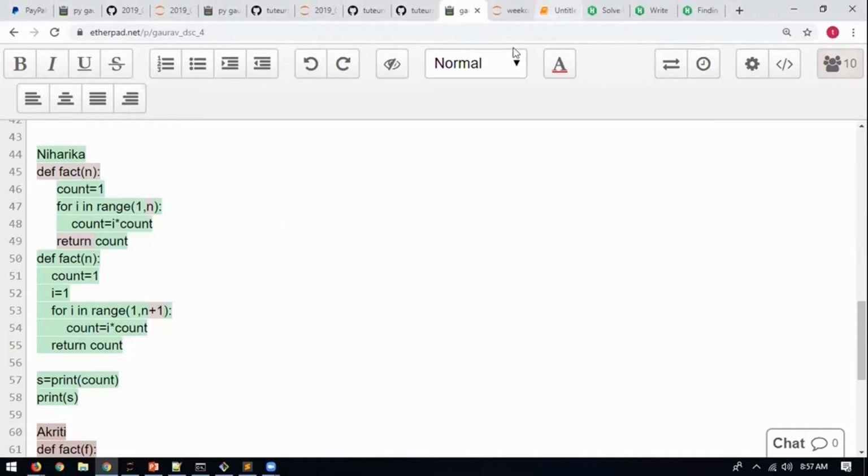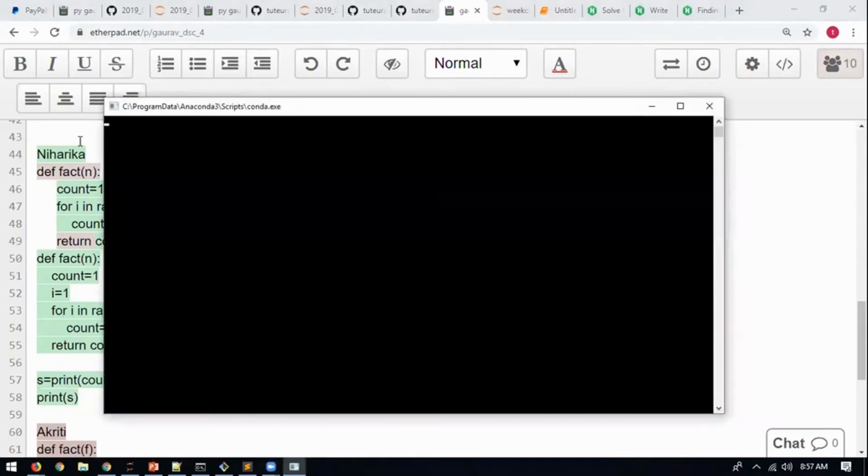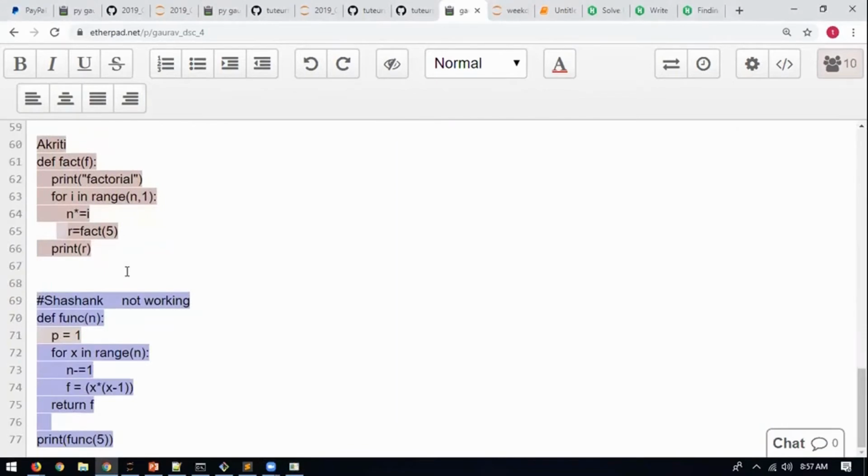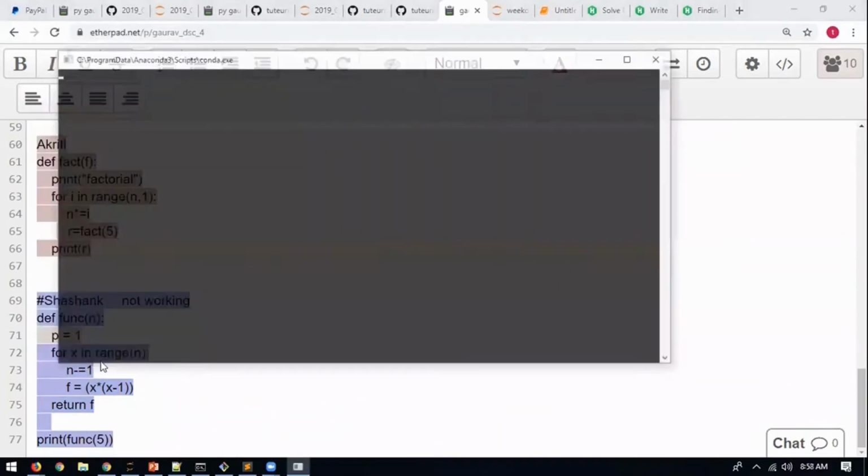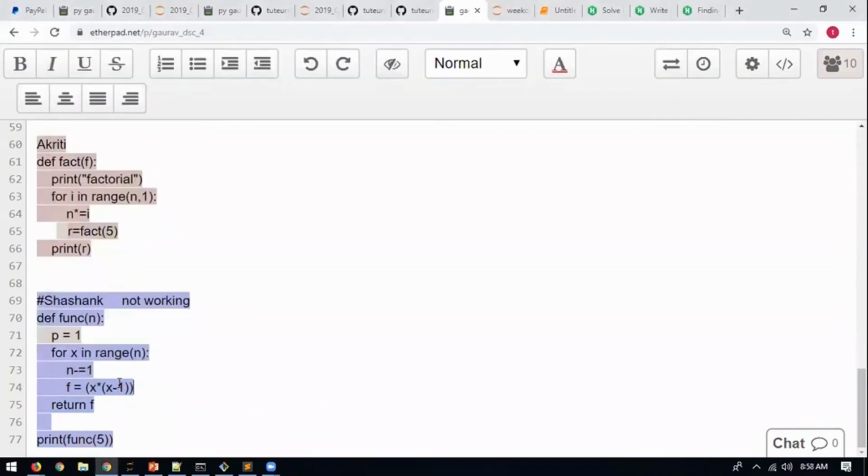Online guys, everyone fine? Shashank, you're doing reverse iteration. Does the code work? No. It will give you something like a name error at many lines. You're doing n minus equal to 1, f equal to x star x minus 1, but what is x here?